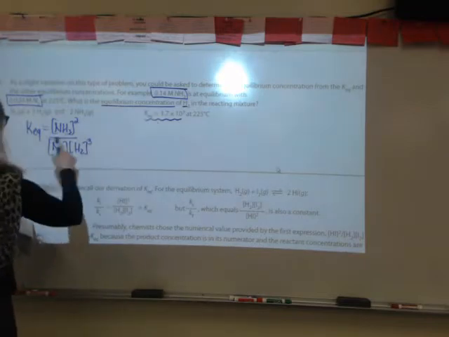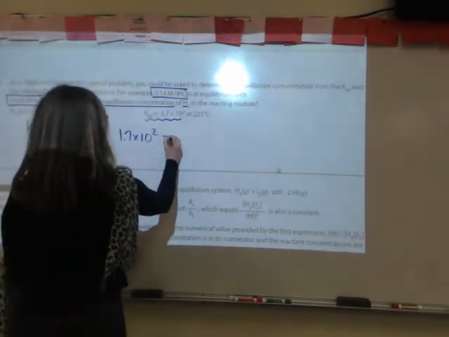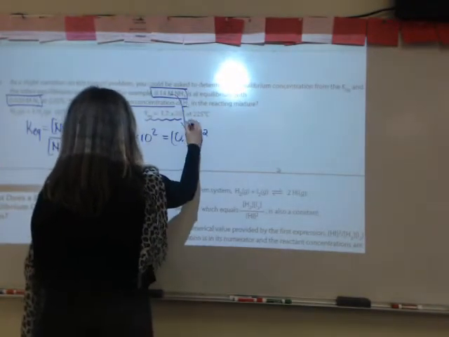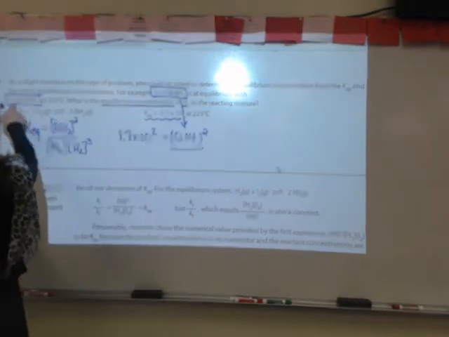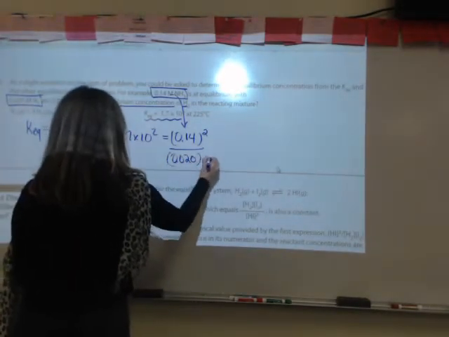So we're going to put 1.7 in for KEQ times 10 to the second. This equals my NH3 concentration raised to the second power over the concentration of N2, which is 0.020, times the